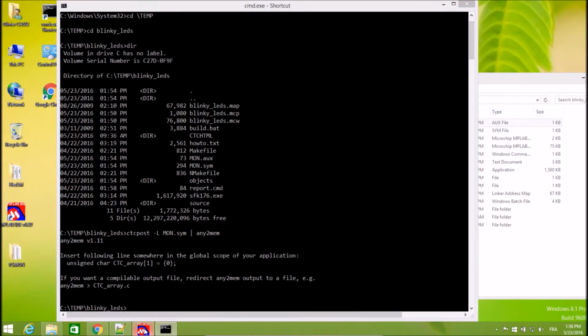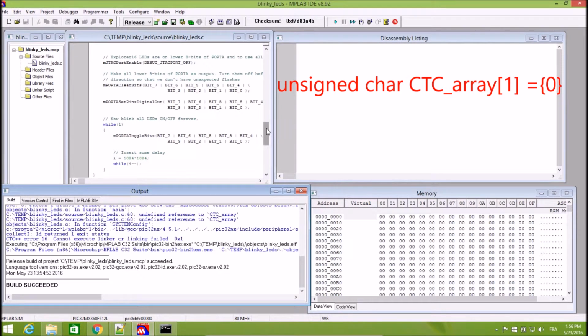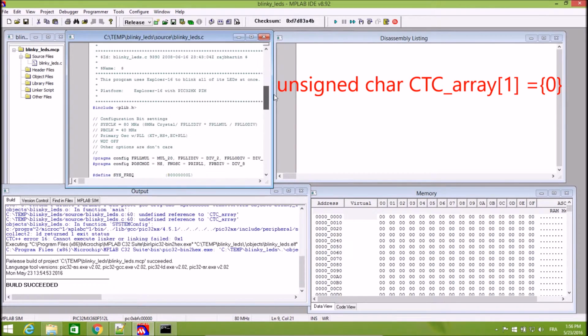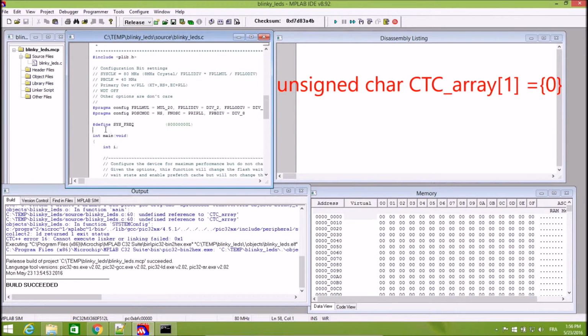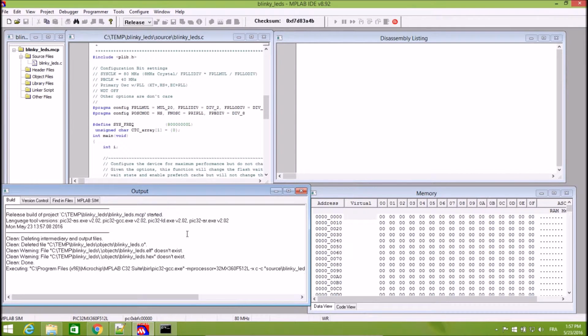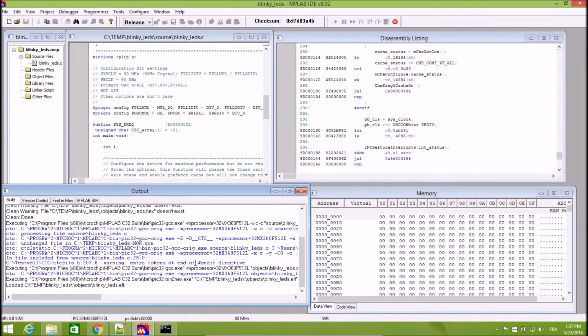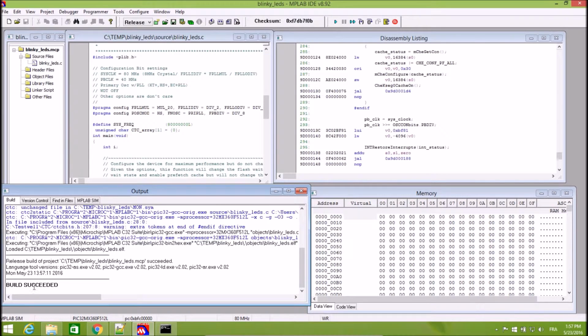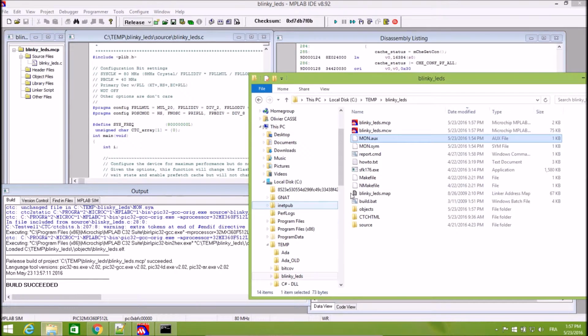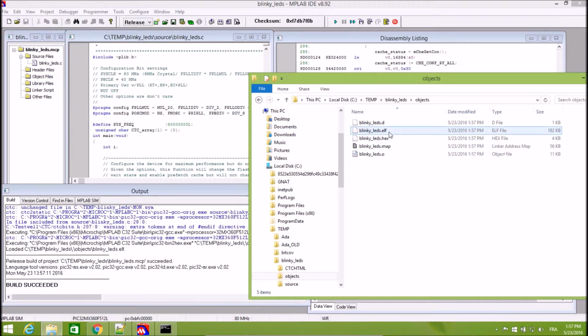go back to our project, and add this declaration near the main statement. For instance here. Now we can save this file and try to compile and link again, which should lead to a successful build and no more errors. So what we have now in this directory is, for instance, the L5 or Intel hex format that could be downloaded to the target for